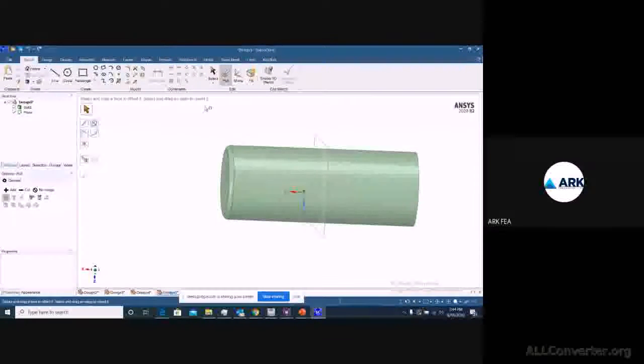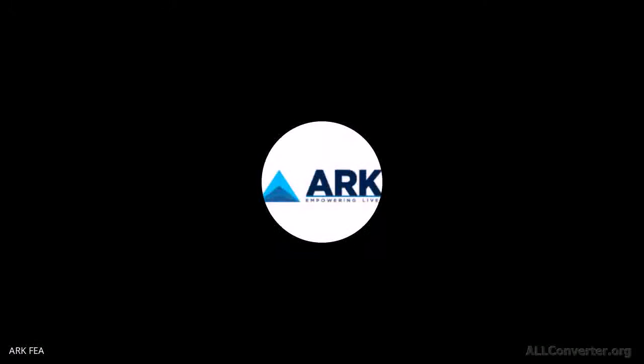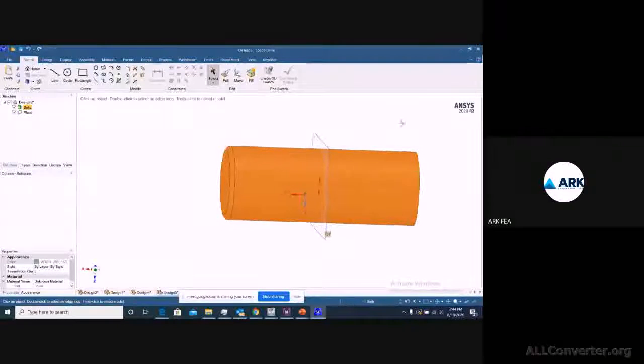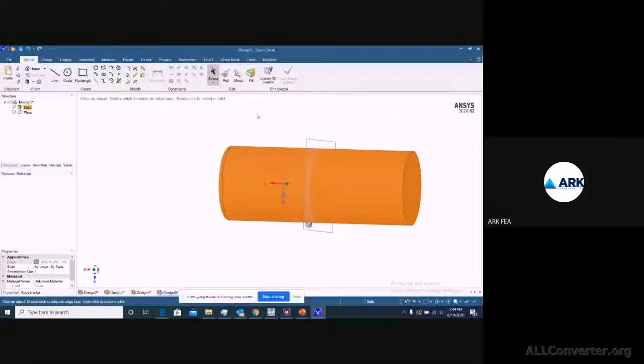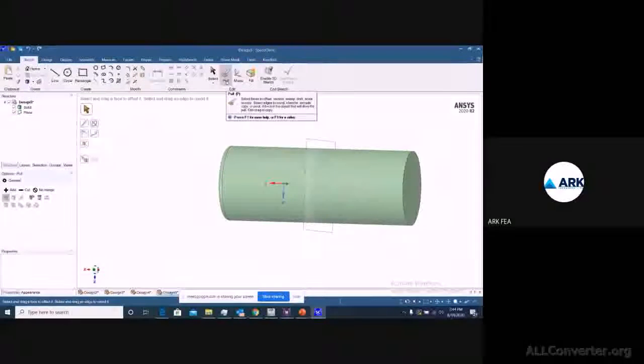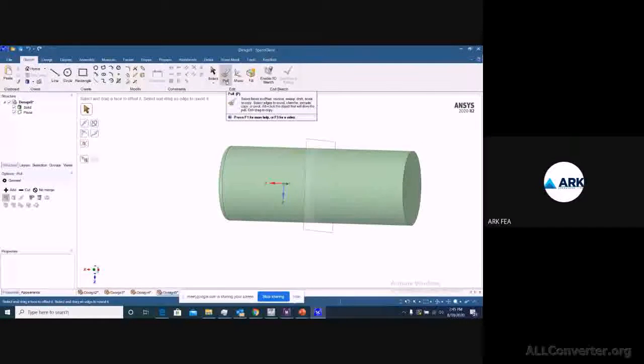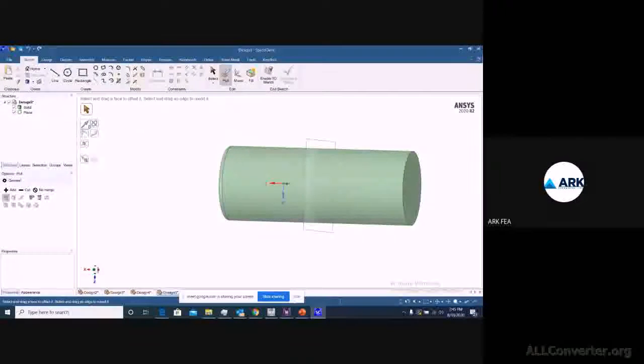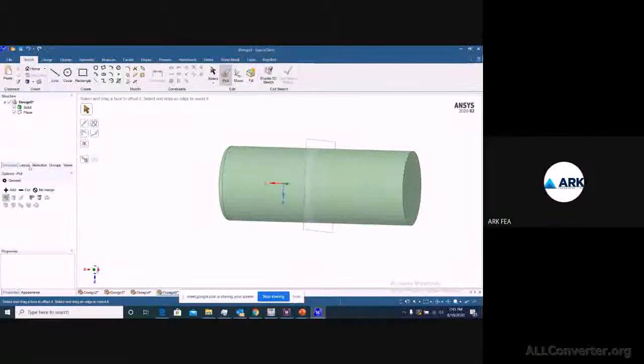Like this one, first let me deselect it, then you can use a box and select your geometry. Right, so this is your selected geometry. As we already discussed, in sweep we can work on revolve or any other kind of third dimension adding, that is, to have a sweep kind of thing. We'll show you how to work on a sweep as well.